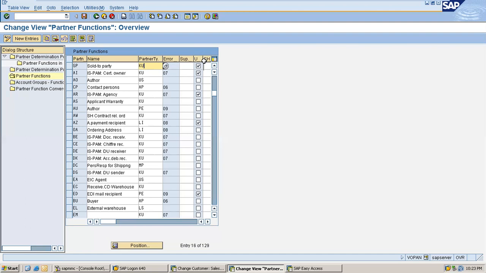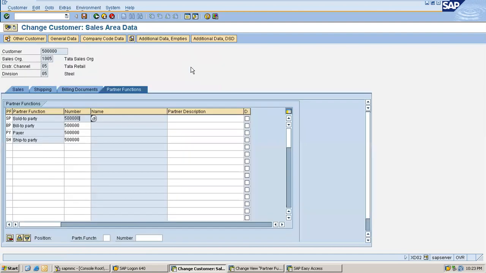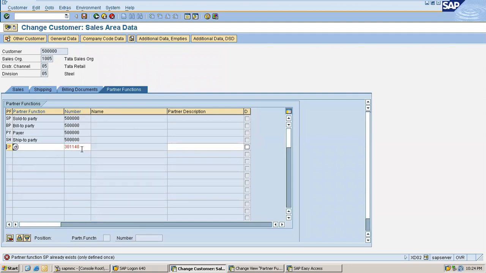Then there is one more field here, a check mark called unique. Unique means alone, I can say. Your sold to party is unique. That means in customer master, let's say I have another sold to party, and if I enter a different sold to party number along with the existing one, that means I have two sold to party partner functions here.